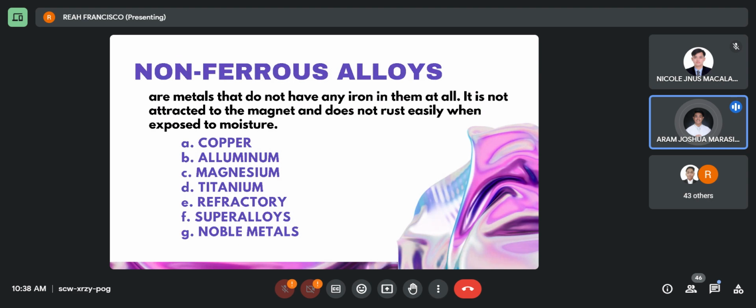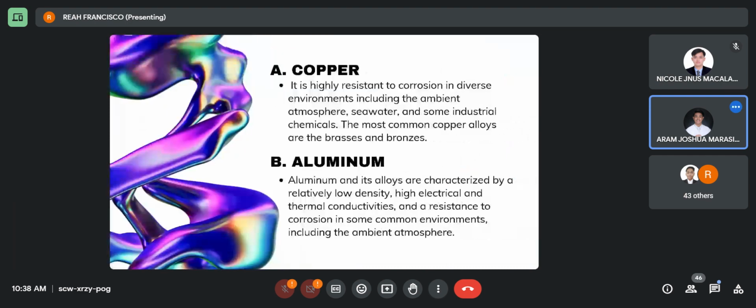So, yan nga po yung nabanggit kanina. Then, let's proceed to copper na po. So, copper po, it exhibits exceptional resistance to corrosion in a variety of environments, including seawater, the overall atmosphere, and some industrial chemicals. Copper is a highly versatile metal known for its excellent electrical conductivity, making it essential in electrical